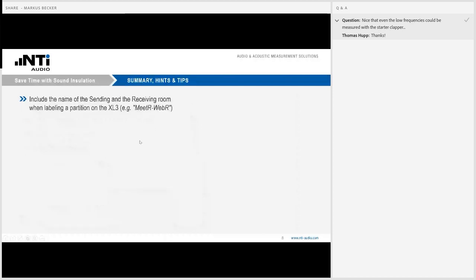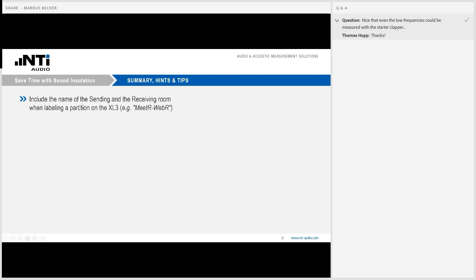And summarize the key points. Keep in mind, if you have upfront information of the location where you have to measure, it's worth taking a look at the plan, analyzing it, and making a rough plan of how to proceed. That can help you a lot to save time on site.